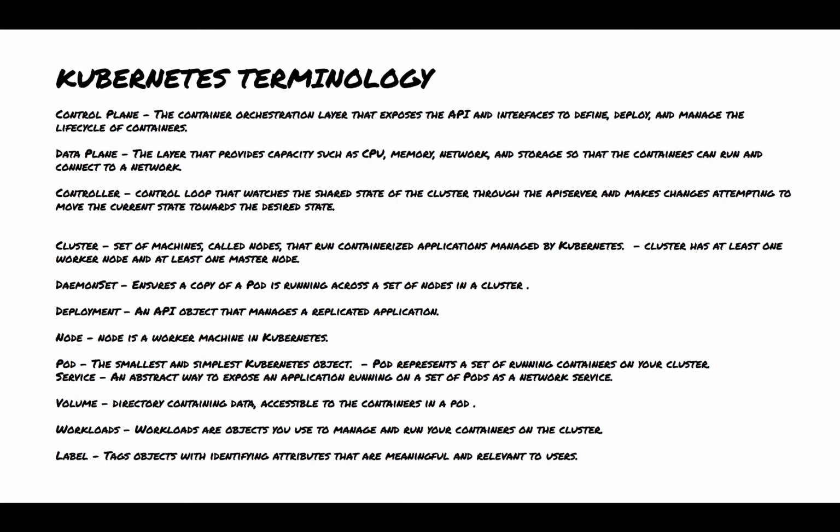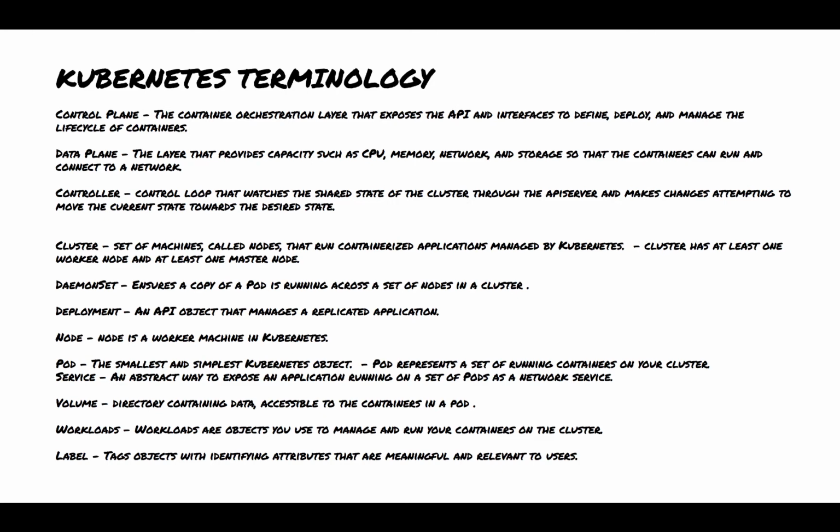Kubernetes master server has a controller. You might have heard about that some time ago. So this controller comprises various components which make up the control plane. The control plane is the one which runs the Kubernetes cluster and which you communicate to for providing the workload. The control plane exposes the API and the interfaces to define, deploy, and manage the life